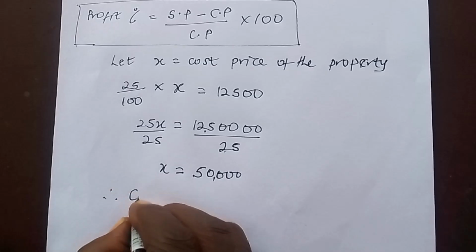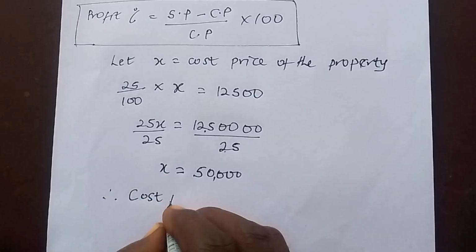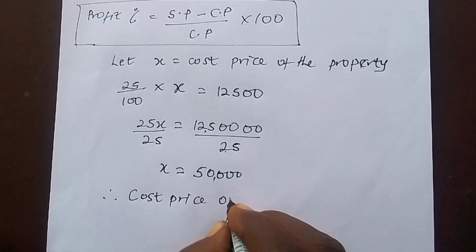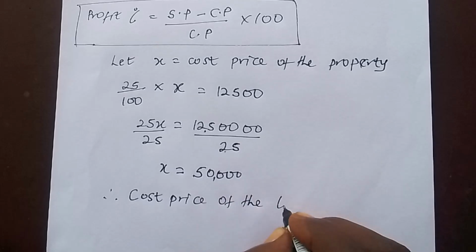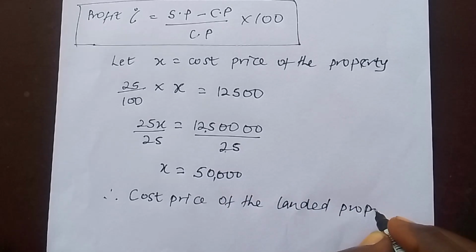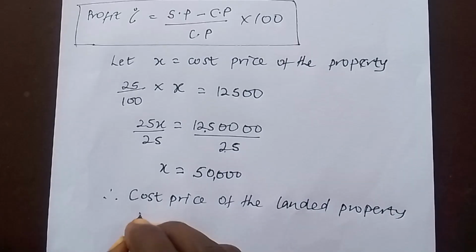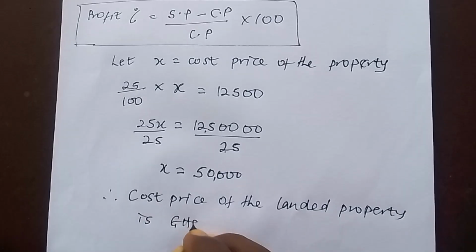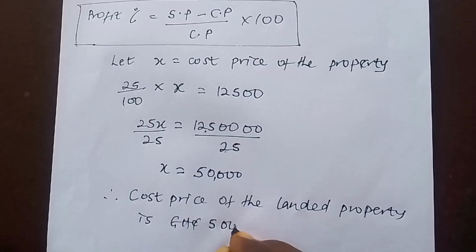Therefore, our cost price of the landed property is 50,000